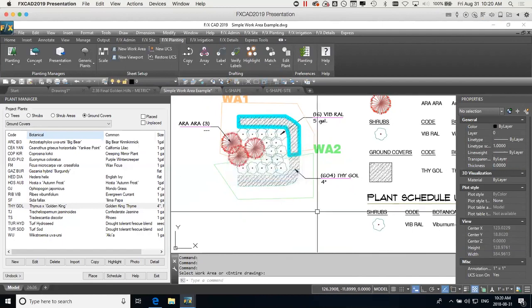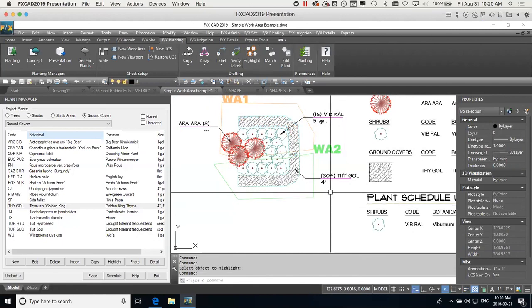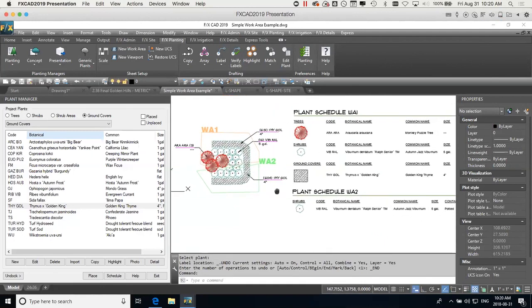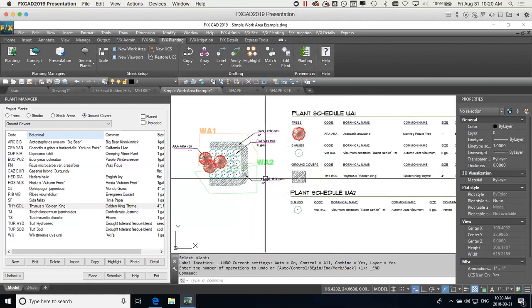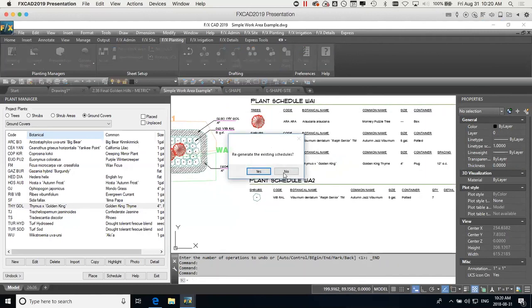Entire drawing. Now it's saying this isn't labeled, and this one is now changed to 604. So I'm going to go ahead and label this one instead. And now I've got pretty much almost half between the two. And if I rerun those work area schedules,